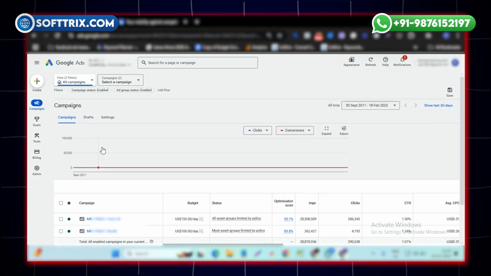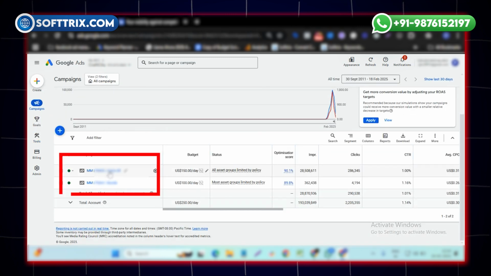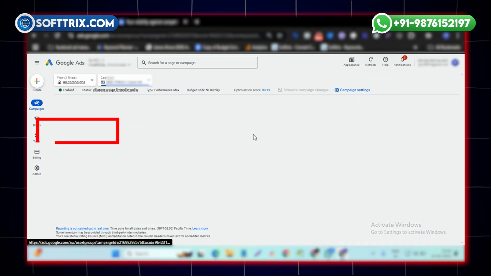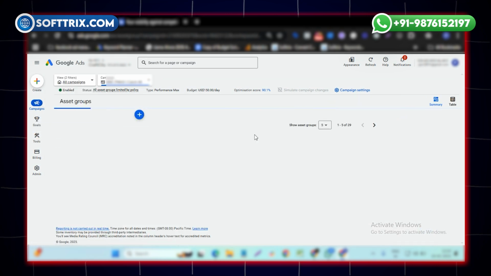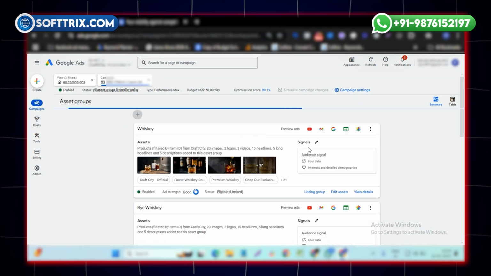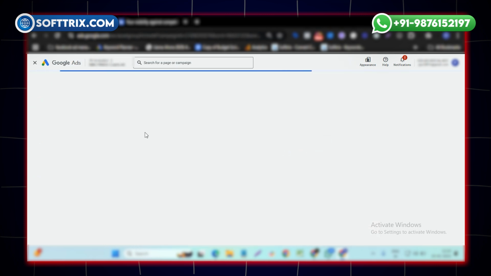Now you can go into your Performance Max campaign and add that audience list in your asset groups. So first of all, select the asset group where you want this audience list to be implemented.